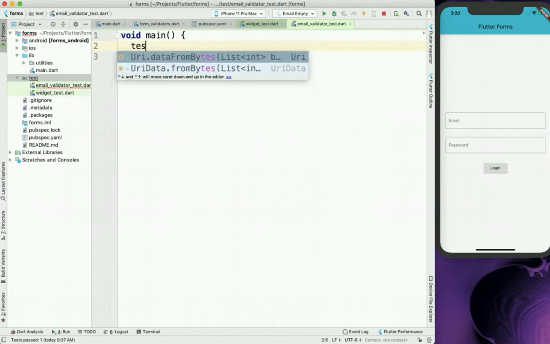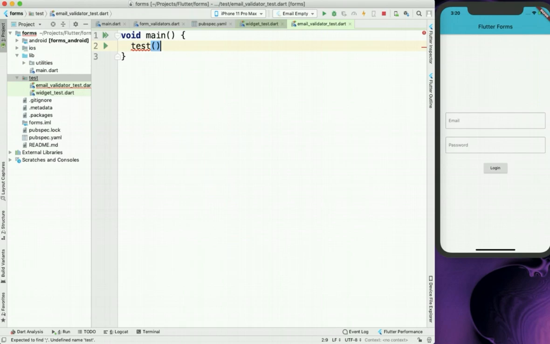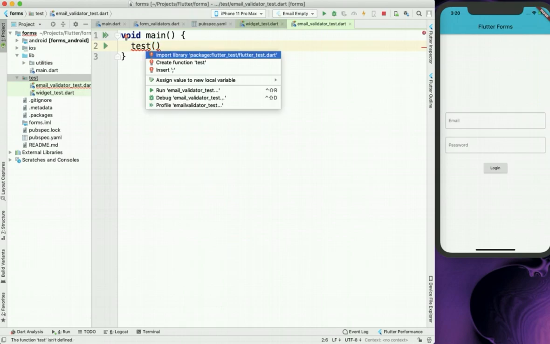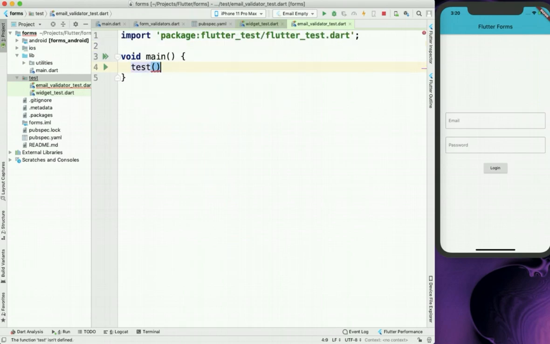So first of all I will import the test function, and that will be from the flutter_test package. Okay, and then I will give a name to my test. So this will be test empty email.